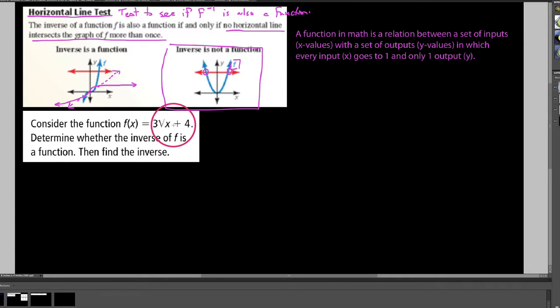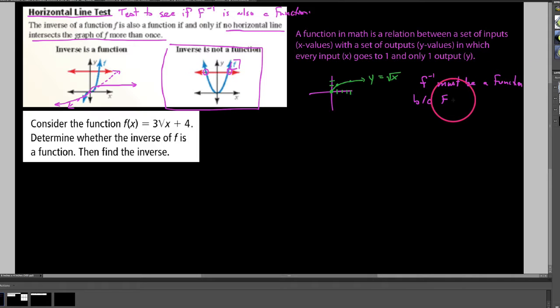Well, knowing that this is a square root graph, and knowing that square root graphs, at least the parent function y equals the square root of x, start at (0, 0), go through (1, 1), go through, we'll call this (4, 2), but look like this, okay? Because this is going to pass a horizontal line test. That is, I'm never going to be able to draw a horizontal line anywhere where it hits it more than once. Then what I'm going to tell you is that f inverse must be a function